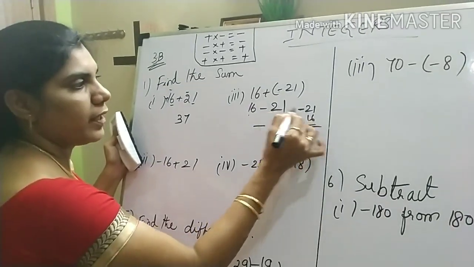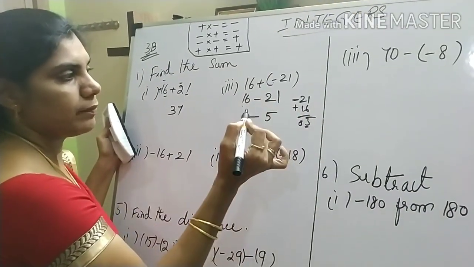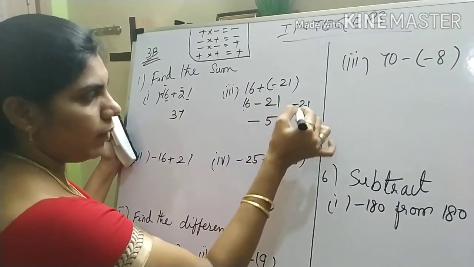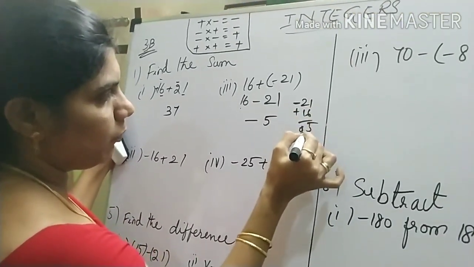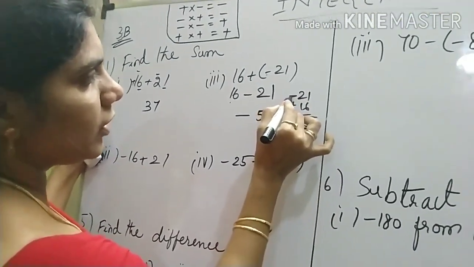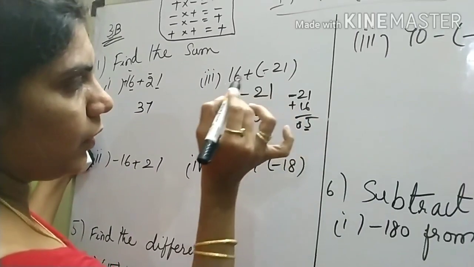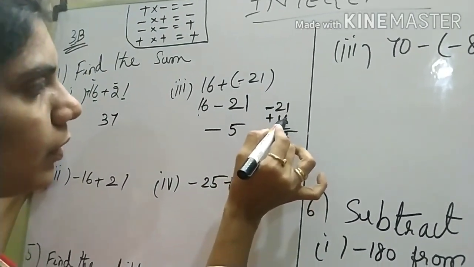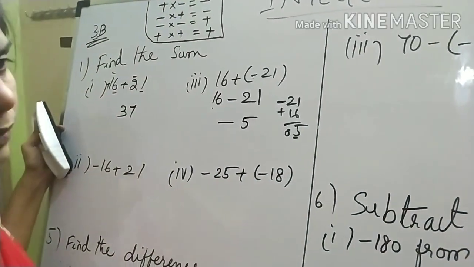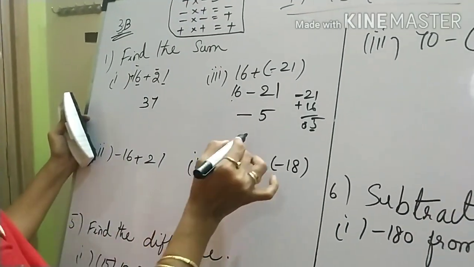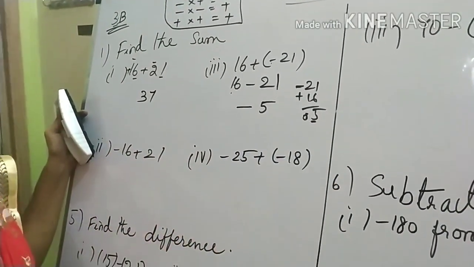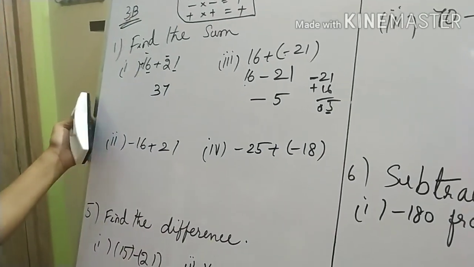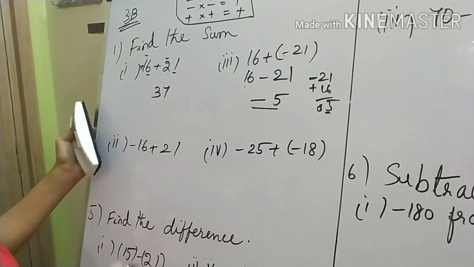So here we have the bigger number with minus, and this one is plus. So while doing these types of problems, first you have to check the bigger number. What is the sign of that bigger number? From that one you have to subtract this one, 16. So you will get here 5. Okay. See this one, your answer is minus 5.